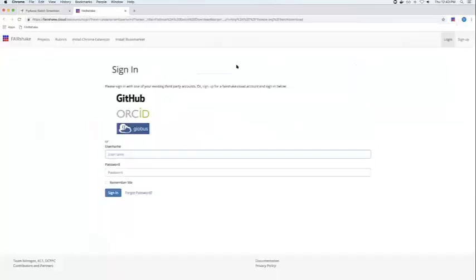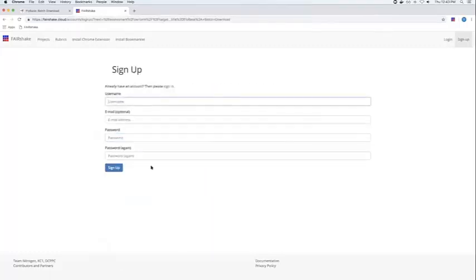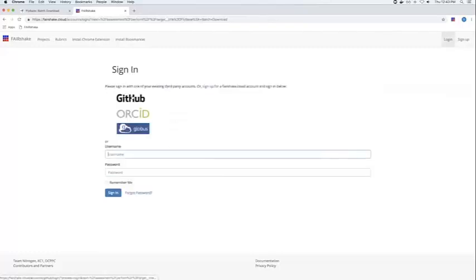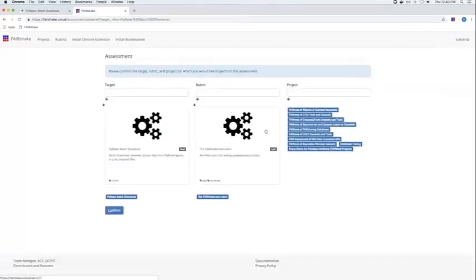To submit an evaluation and indeed to interact with FAIRshake beyond read-only access, we need to log in. FAIRshake enables you to use GitHub, ORCID, or Globus to log in, or you can sign up, create an account with FAIRshake directly. But I'm just going to log in with GitHub because I'm already logged in.